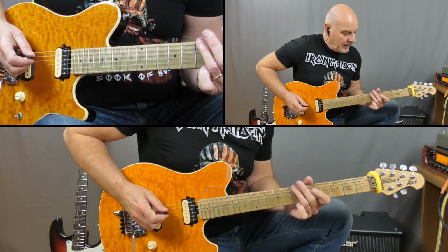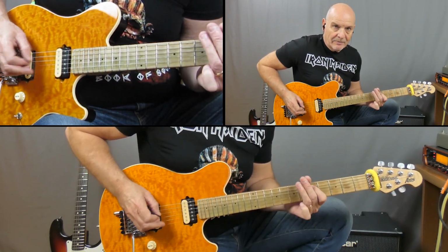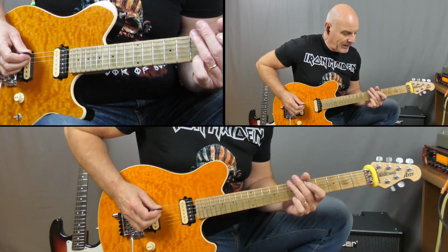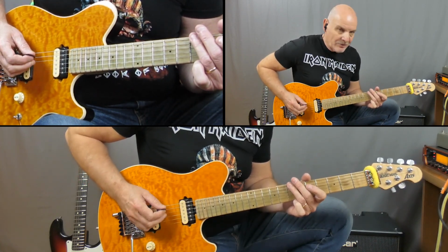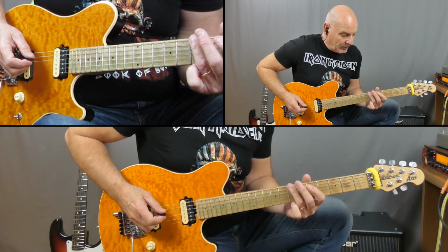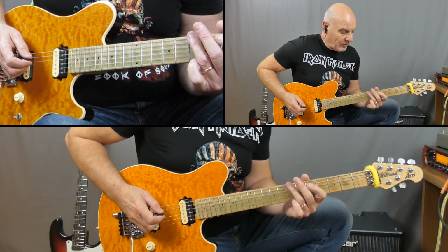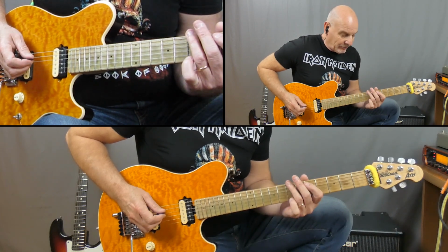So we're going to start off on the 7th fret on the low E string, and we're going to play 2 7s. Then we got a 7-5, back to the 7-5. What I'm trying to do is break this up rhythmically. So we get this 2 7s, and then it's 7 on the low E to 5 on the A, back to the 7. And then we've got another 7-5 crossing over